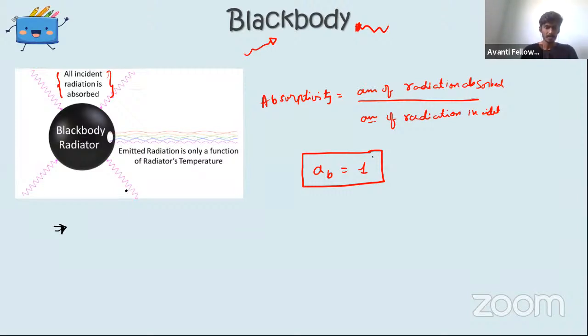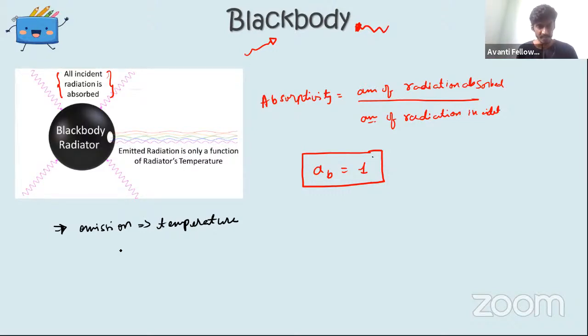Okay. So now, when absorption is done, what about emission? So emission depends on the temperature. If the object is very hot, it's going to emit a lot of radiation. If the object is very cool, it's going to emit low radiation. For example, our sun is very hot, so it's going to emit most of the radiation. But if I paint my home completely black, it's not going to emit all the radiation. It's going to keep some radiation as it is, right? So emission completely depends on temperature. So you should remember that.